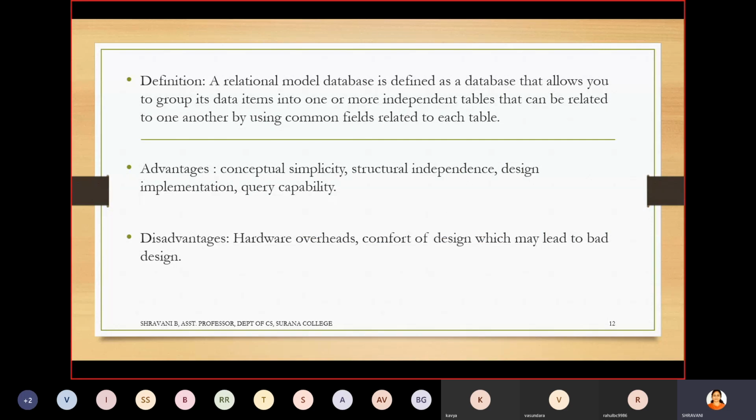It is not like that. It means it is more complicated, and the design should always be comfortable. When you just look at the model, you should feel, yes, it's easy. I can find out the data. I can do the deletion operation. I can do the insert operation. I can check the data. I can just retrieve the data, all these things, which will become very difficult when it goes to a bad design. So these are some of the disadvantages of the relational data model.